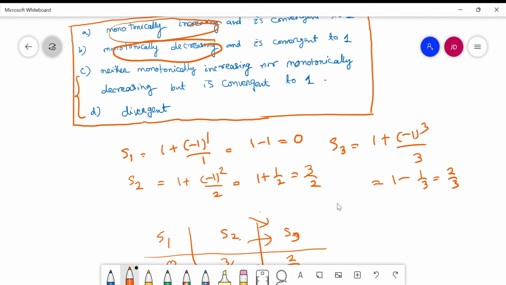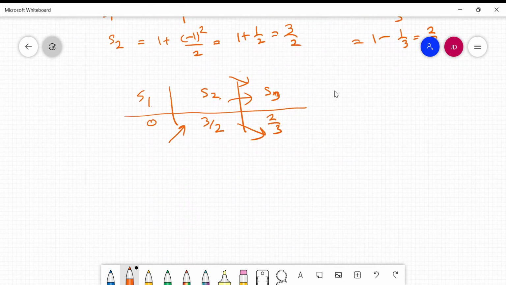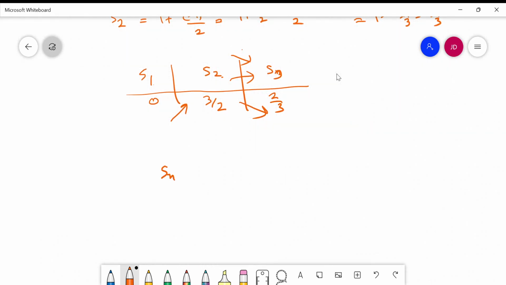Each of them is concerned with convergence: one is convergent to 1 and the other is divergent. So basically options C and D are about the convergence of the sequence. So let's try to find out whether this particular sequence is convergent or not. Okay, so let's write down the sequence again. If we take n tending to infinity, what we observe is that the limit looks like it goes to 1. Okay, but we need a proof for it.